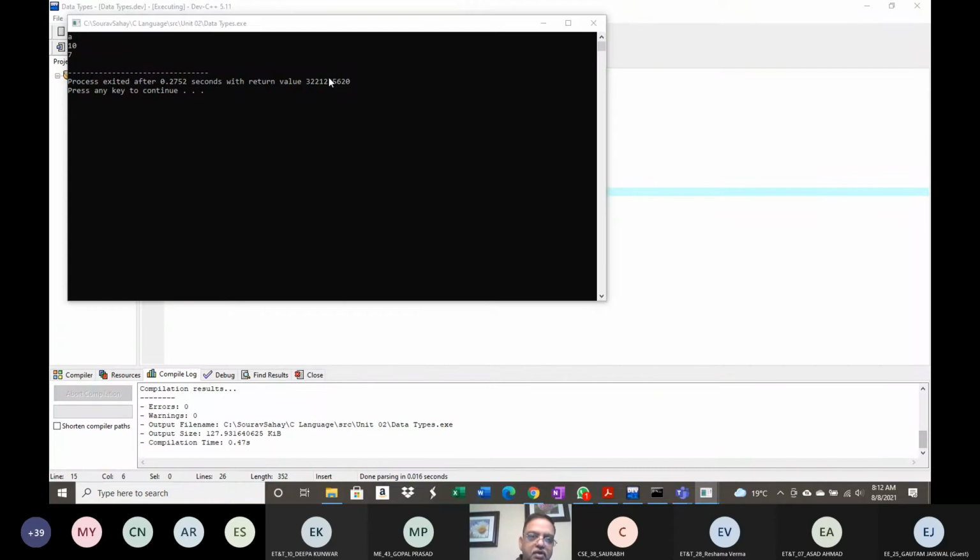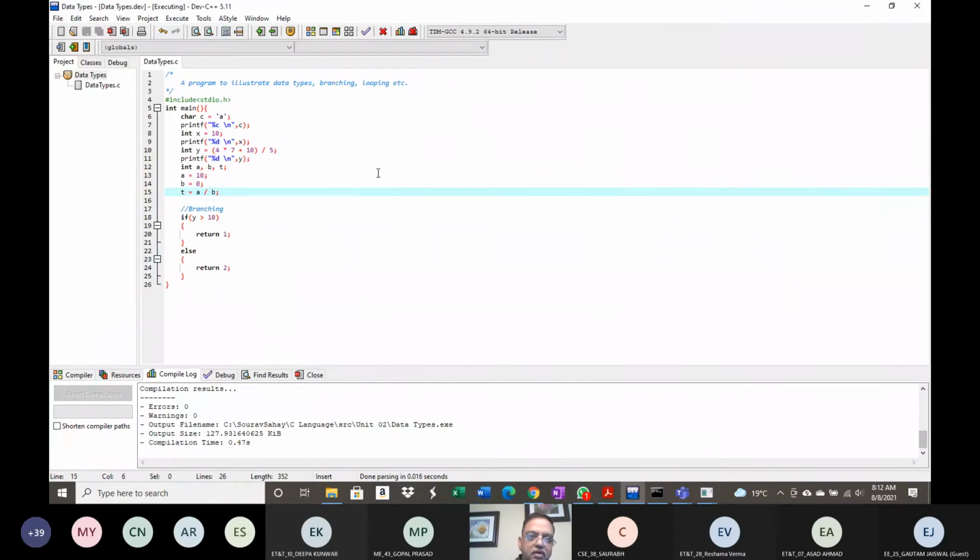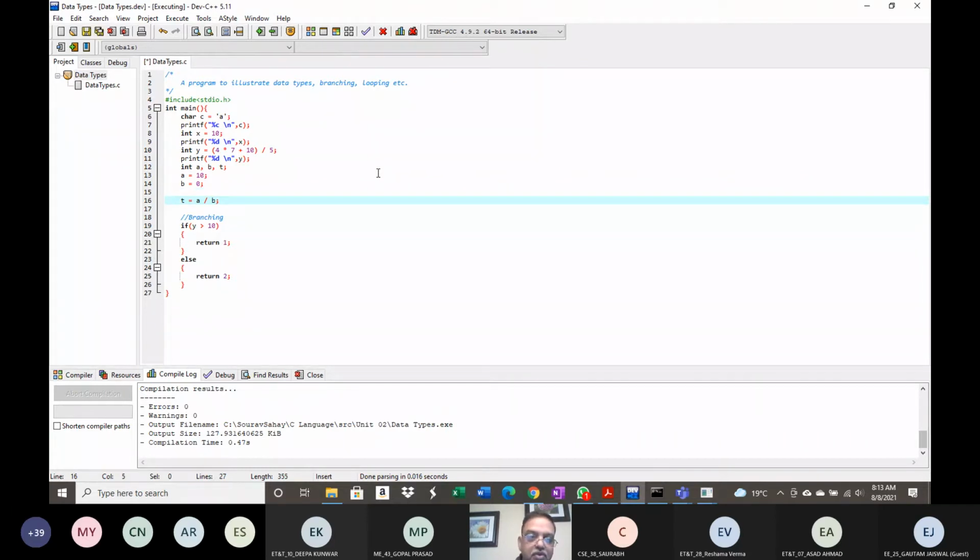So let me explain. Here it is pretty simple. What I'm doing is I am initializing variables, so I'm not getting a compile time warning also. Now, what is the lesson that we need to learn here? That is, if there is a division, always check for the value of the denominator.